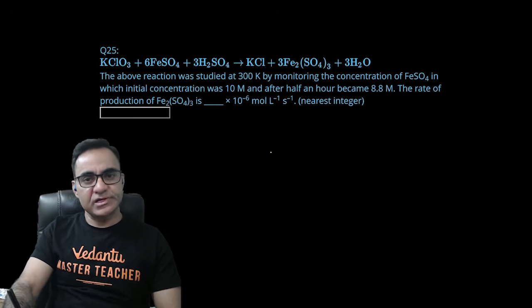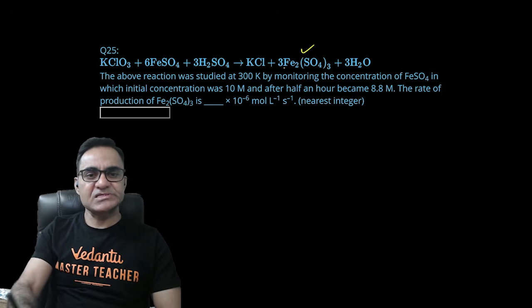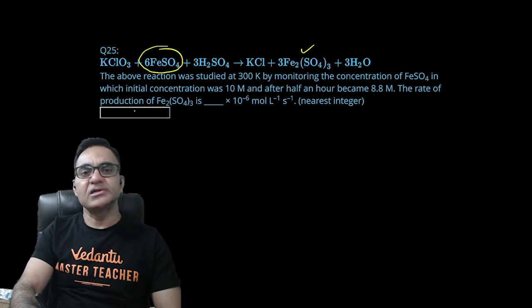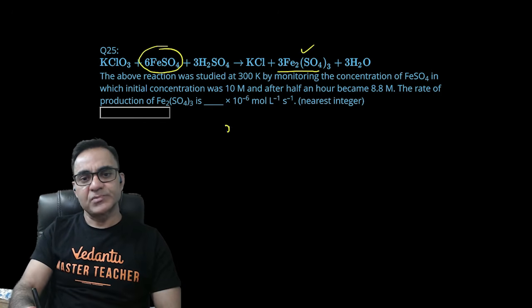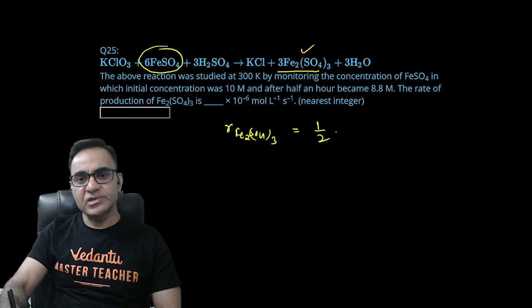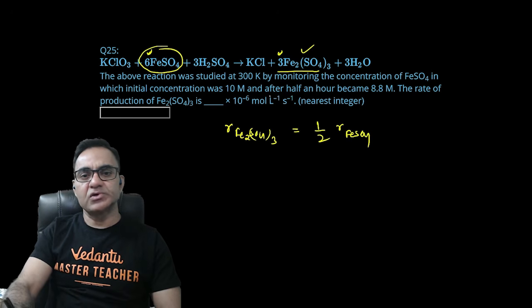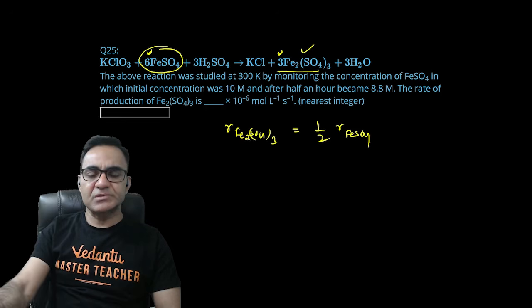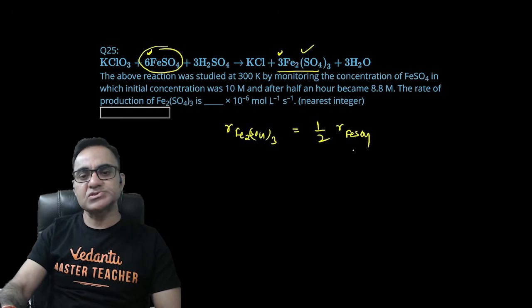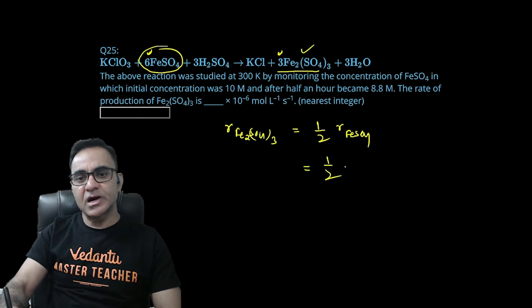KCO3 और FeSO4 का रिएक्शन हो रहा है, जिससे Fe2(SO4)3 बन रहा है। इसमें FeSO4 का डेटा दिया हुआ है, इनिशियल और फाइनल कॉन्सेंट्रेशन और टाइम दिया हुआ है, और Fe2(SO4)3 का रेट ऑफ अपीयरेंस निकालना है। तो रेट ऑफ प्रोडक्शन ऑफ Fe2(SO4)3 को मैं लिख सकता हूं FeSO4 के रेट ऑफ कंजम्पशन का हाफ। अगर इसका 6 मॉलिक्यूल जाता है तो इसका 3 मॉलिक्यूल बनता है। दैट मीन Fe2(SO4)3 के बनने का रेट FeSO4 के कंज्यूम होने के रेट का हाफ होगा।